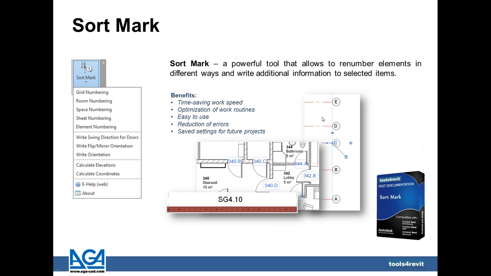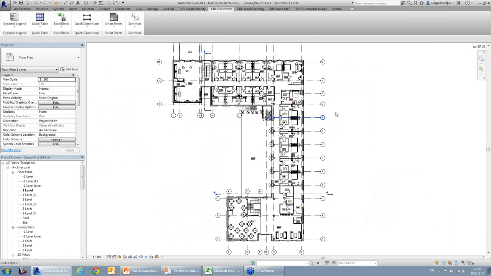Let's start now with the Sort Mark. This is a powerful tool for numbering elements in different ways, and it doesn't matter what kind of standard you have in your company or in your country, how you're numbering your elements, Sort Mark can still handle that. Right now I'm going to the Revit project,